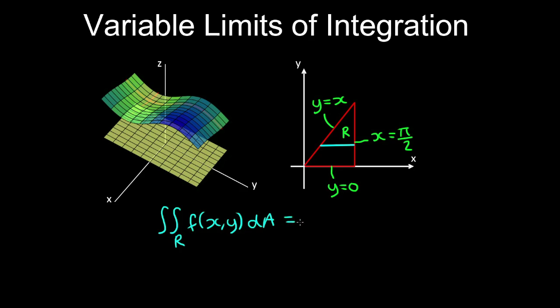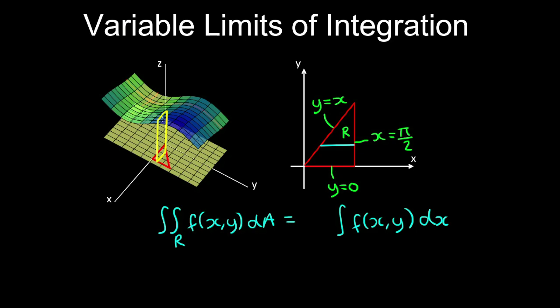So using the horizontal cross-section method, we first integrate our function with respect to x. So in 3 dimensions, our region in the plane looks something like this. So we have y equals 0, x is equal to pi on 2, and this is our line y equals x. So by taking this horizontal cross-section parallel to the x-axis, our cross-section looks something like this, being normal to the y-axis,